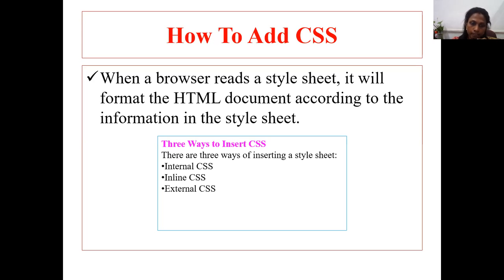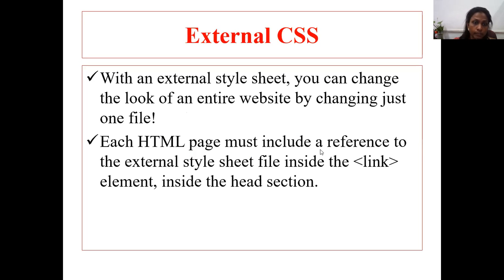You must have read about internal CSS and inline CSS. Today we will be seeing about external CSS. With external CSS, you can change the look of an entire website by changing just one file. So you can give a look and feel to multiple websites by changing just one file, which is going to be the CSS file.